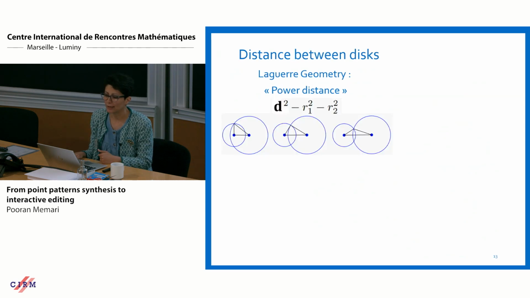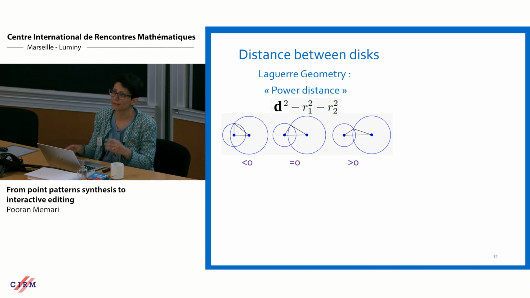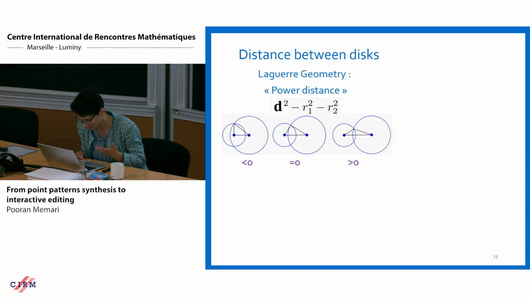So I, of course, tried the very basic distance that we all know, which is the power distance, which is indeed positive, negative, or 0 based on some configurations that are interesting, but inside each of these categories, you don't have more refinement, and it's not really the best solution for us. So we had to, as we say in French, réinventer la roue. Well, we had to just come up with a new metric.